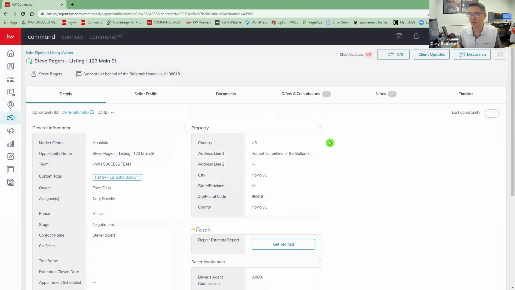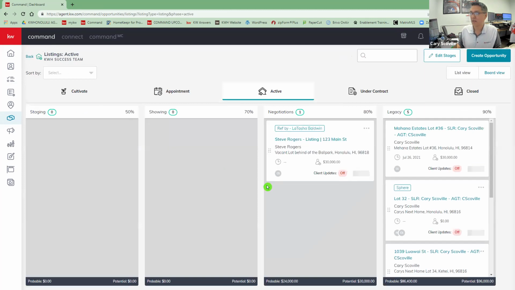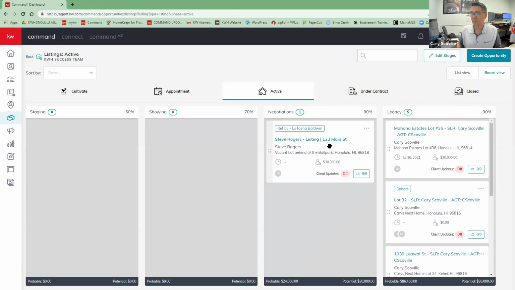And while you do that, note on the top left here, we have our client name and we have the property that they're doing. These two little links right here will either bring you back to your listing pipeline or all the way back out to the opportunity homepage, right? So sometimes you just want to stay in where you are. We're going to click on listing active, and that pops us up right over here, right? We created the opportunity in the active phase under negotiations.